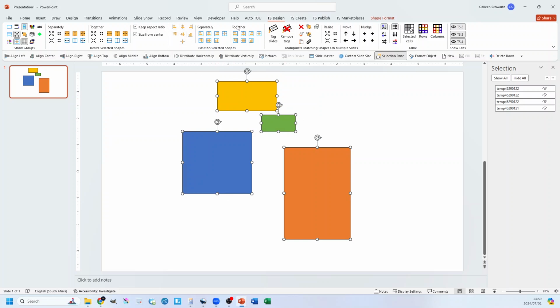I also have the option of aligning them to the slide. So then it doesn't matter, there's no reference shape because we're aligning it to the slide now. I can choose to work separately or together as a unit. So first of all, the separate option, if I click on this, every single one of the shapes that I've selected